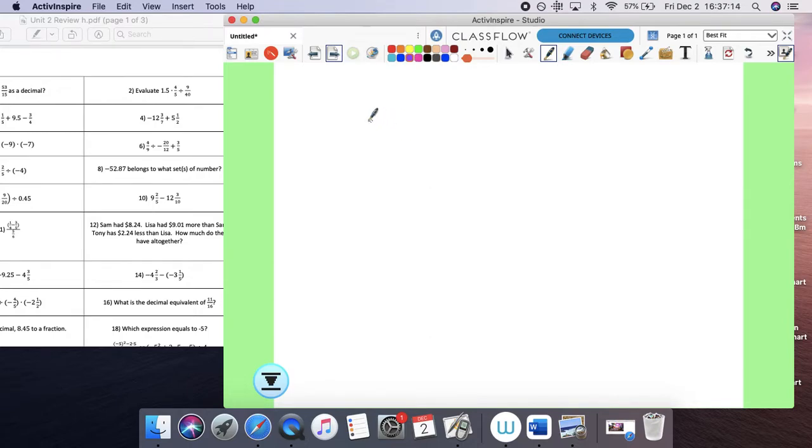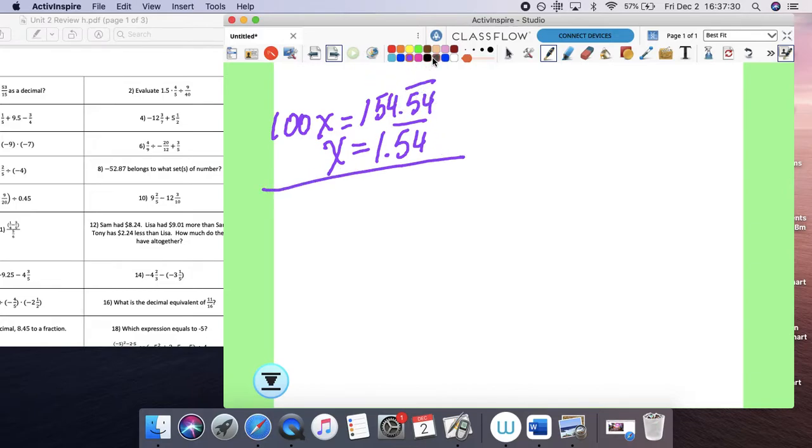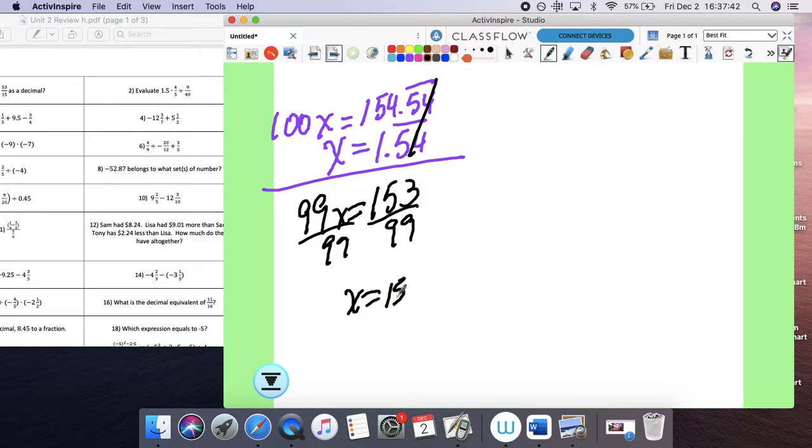1.54 repeating minus 0.7 repeating. So x equals 1.54 repeating, multiply both sides by 100, because there's 2 repeating numbers, so I get 154.54 repeating. I'm going to subtract. This goes away. 154 minus 1 is 153. 100x minus x is 99x. Divide both sides by 99. X equals 153 over